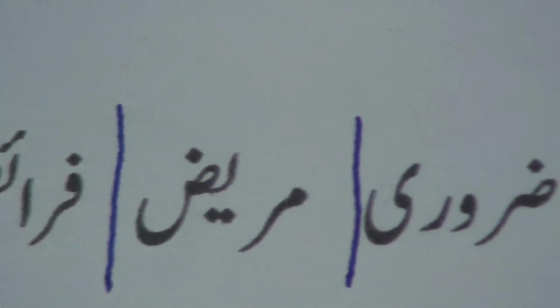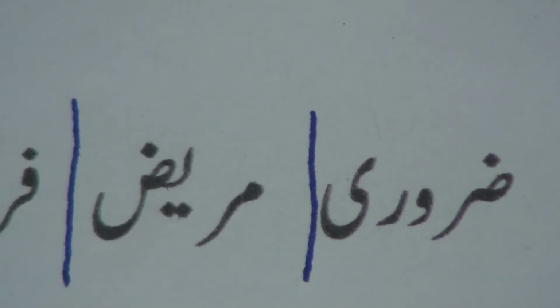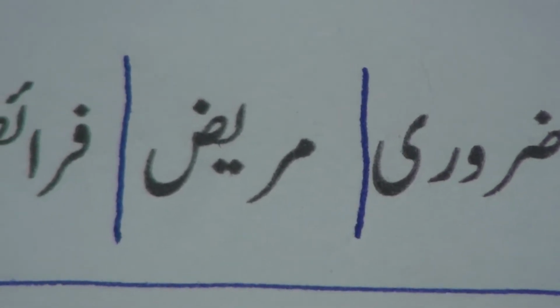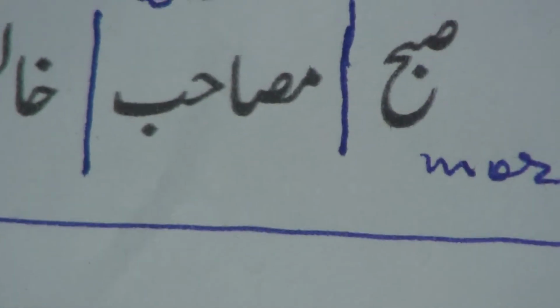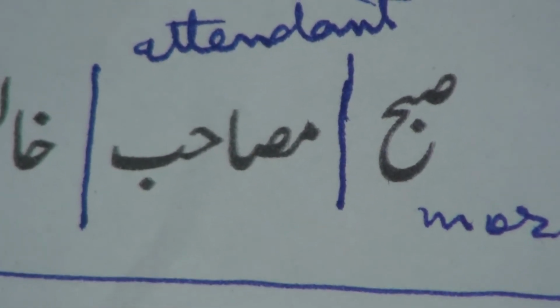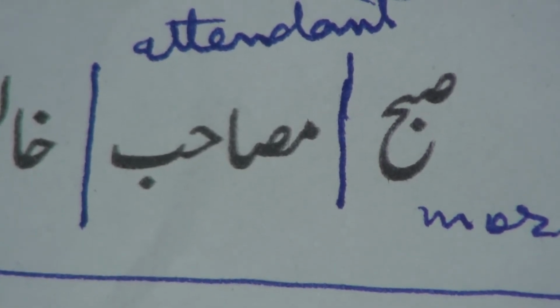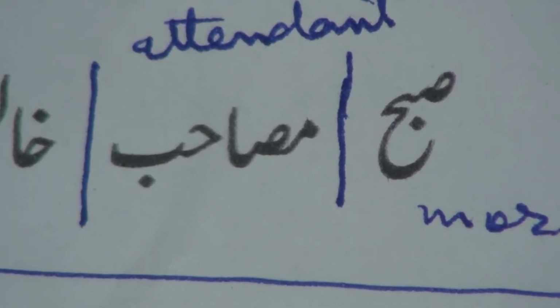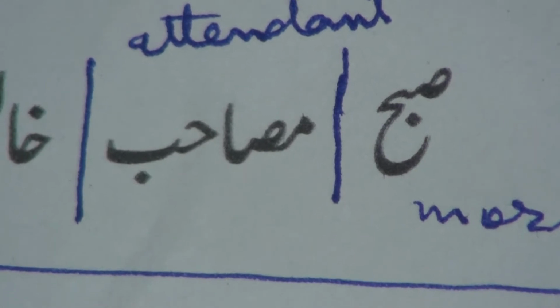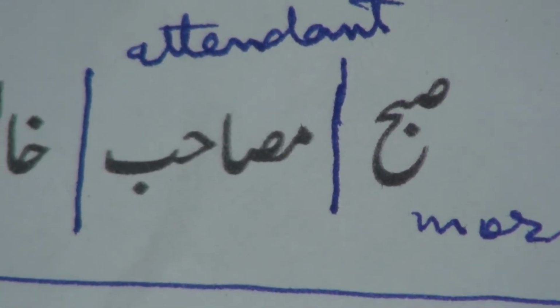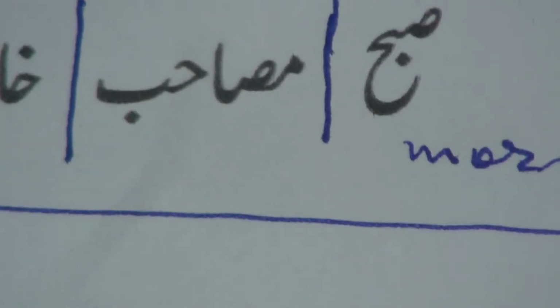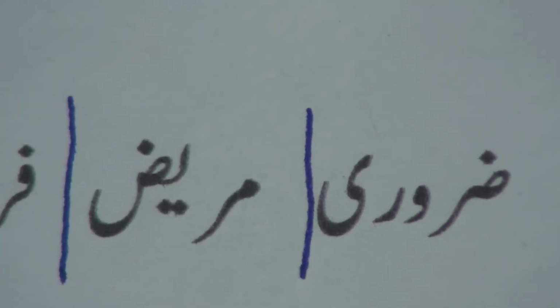When Zwart is at the middle of a word, its shape is, sorry, there is no middle form, but its shape remains the same as where in Musahib, Swarth is in the middle. So the same shape will be of Zwart, and a point that is called Nukta in Urdu will be on Swarth. So Zururi,